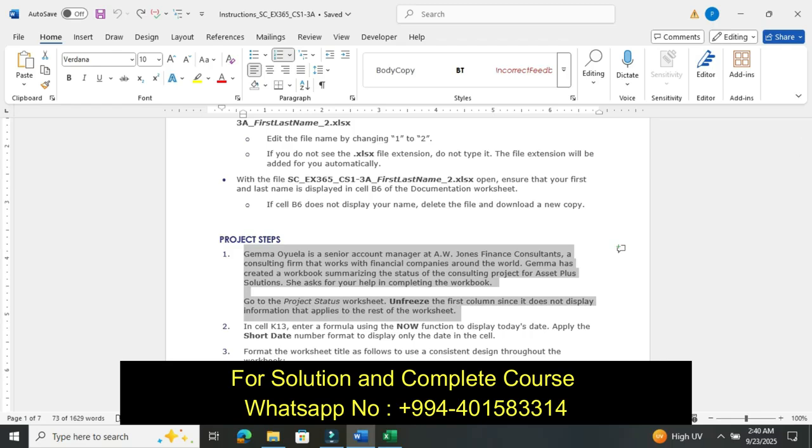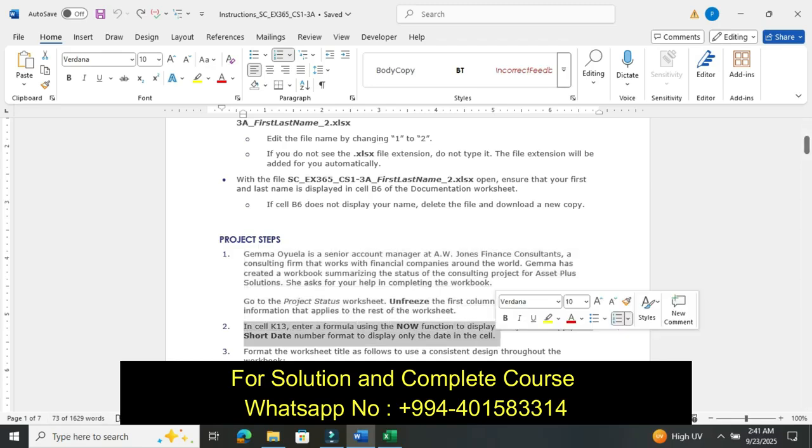So we already did this. Now we highlighted step number 2. Our step number 1 is completed. Now we move to our next step, step number 2.